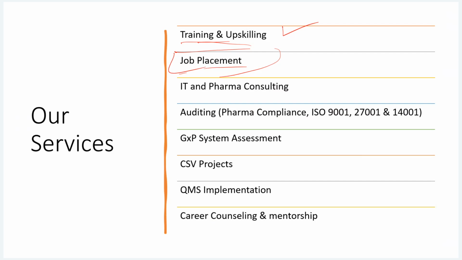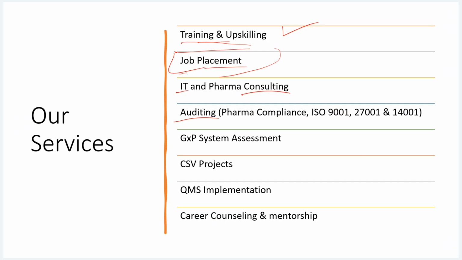Then we are also providing consultancy in the field of the pharma industry, like quality assurance consultancy, quality control, computer system validation consultancy in the pharma industries. We also have auditing skills, ISO 9001, 27001, 14001, and regulatory auditing as well. We have especially Bhagwati Makwana sir, who takes audits of various pharma industries. For more details, you can visit the website, where the full details of Bhagwati Makwana will be available.